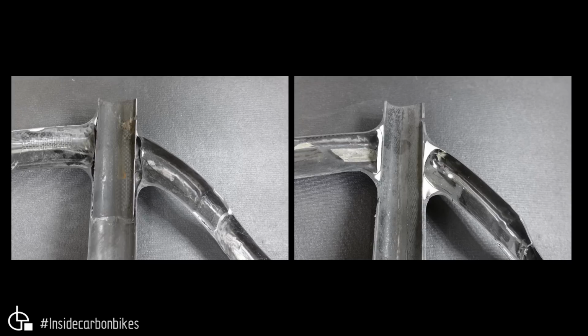Now this is where it gets really, really interesting, and there are quite some differences at this junction. So this is obviously the seat tube junction, and you can see on the genuine, there's quite a lot of wrinkling going on, like you've got through here. Now the seat post insert, which is this section through here,